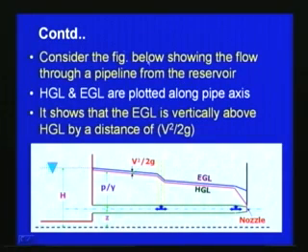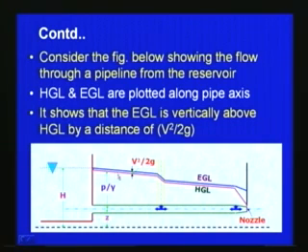If you consider this figure here, there is a tank or reservoir and then there is a pipe going like this, and a nozzle here at the end of the pipe. If this is the datum, then you can see that the total head available with respect to datum is H with respect to this reservoir, and then we can find out P by gamma and then P by gamma plus Z. So this red line here will be the hydraulic gradient line, and then if you add the V square by 2g, which is the velocity head,